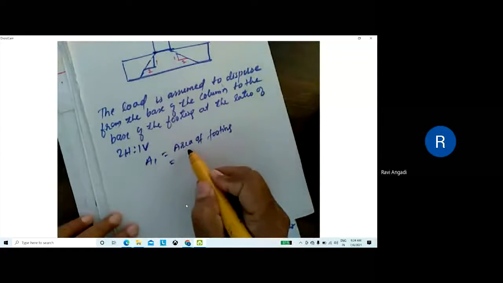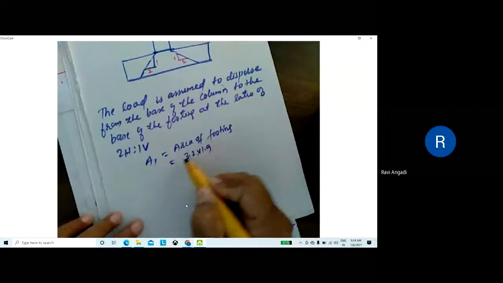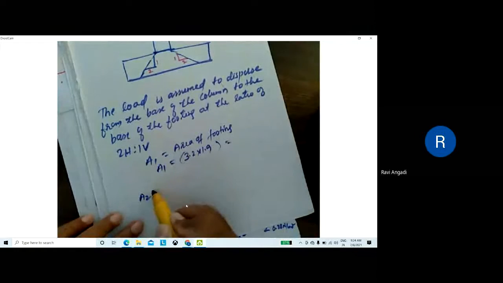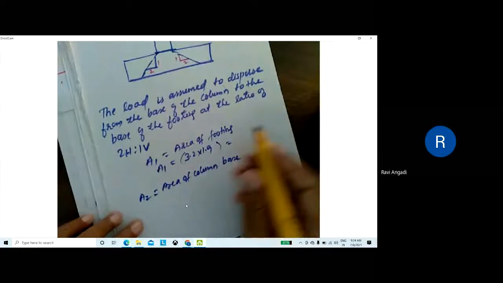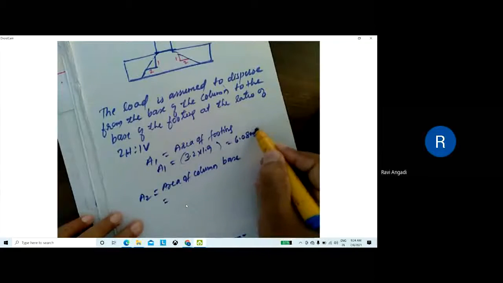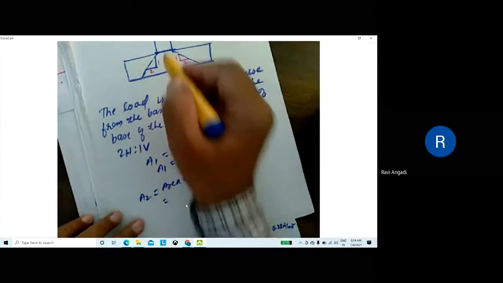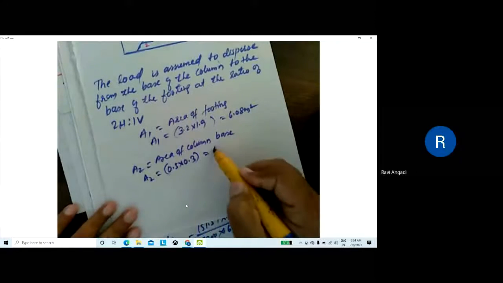Can anyone tell the area of footing? Size 3.2 into 1.9. What is the answer? 6.08 square meters. Similarly, A2 is the area of the column base. It is a rectangular column. What is the size? 0.5 by 0.3. So what is A2? 0.15.